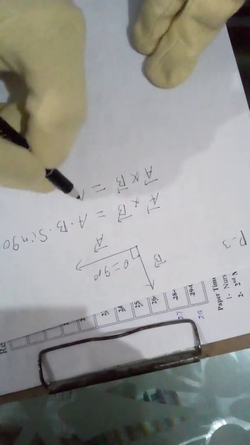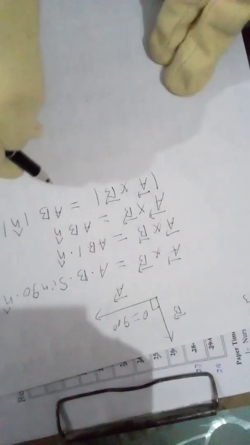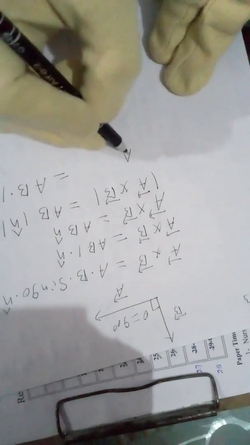So write here 90 degrees into unit vector n. So vector A cross vector B is equal to AB sin 90, which is 1, n cap. So A cross B is equal to AB n cap. So the mod of A cross B is equal to the magnitude of the product AB times mod of n cap. The magnitude of a unit vector is 1, so write here 1. So mod A cross B is equal to AB.